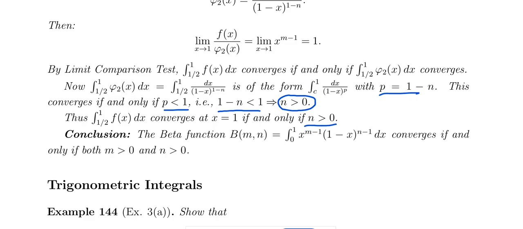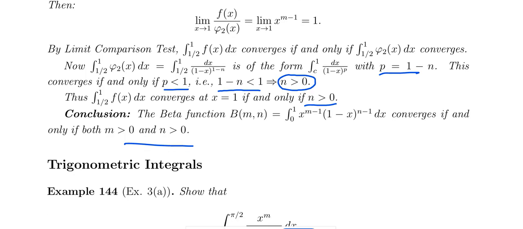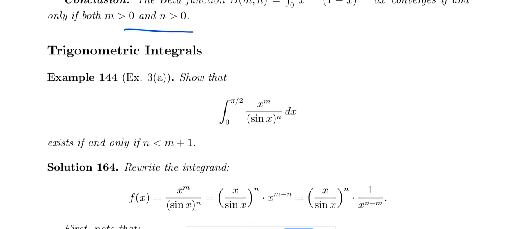So the given problemத்தை ரெண்டு போர்ஷனாக ஸ்ப்ளிட் பண்ணிவிட்டு, ரெண்டு போர்ஷனுமே converges எப்போனா ஒன்று m greater than 0, இன்னொன்று n greater than 0. So ரெண்டுமே எடுத்தீங்கன்னா தான் that beta function is converges. That is the proof. Okay, very simple proof. Okay, and the same way